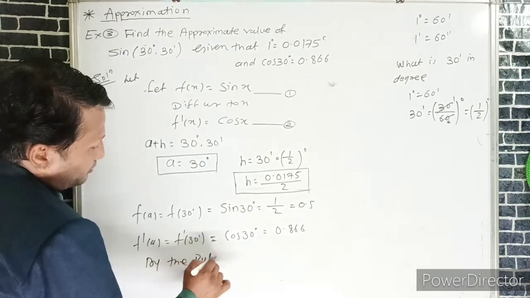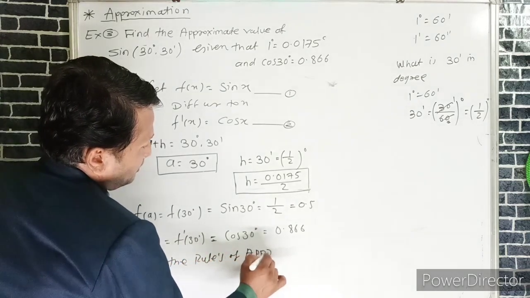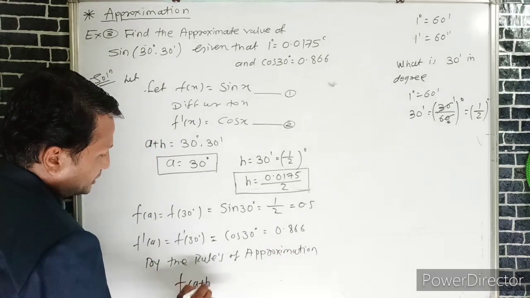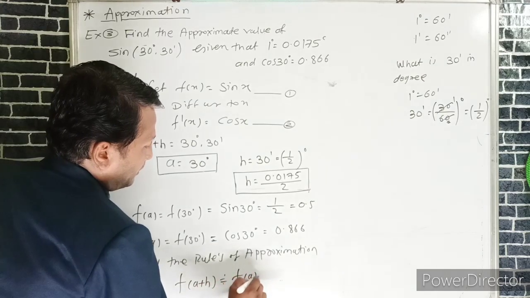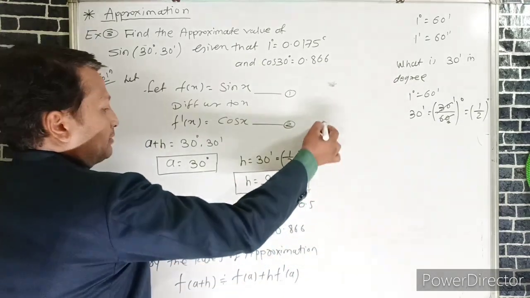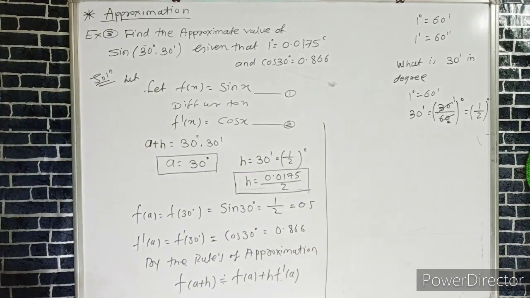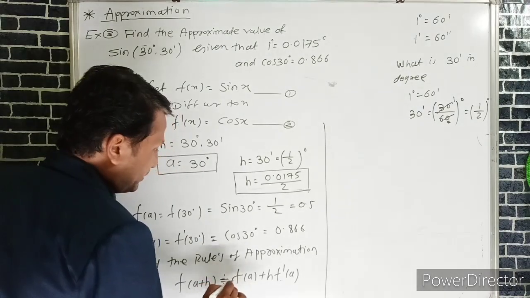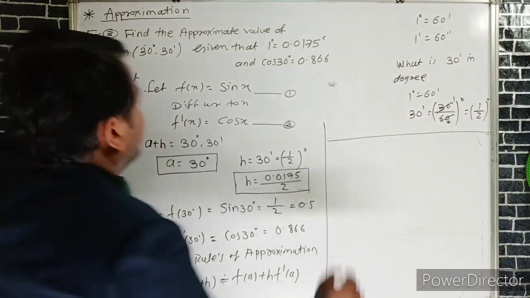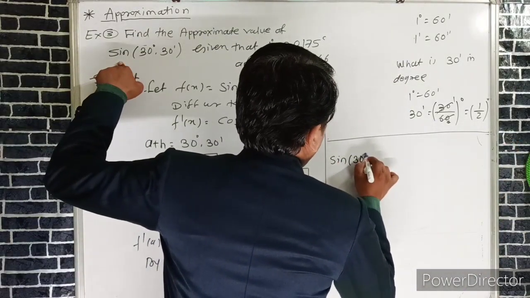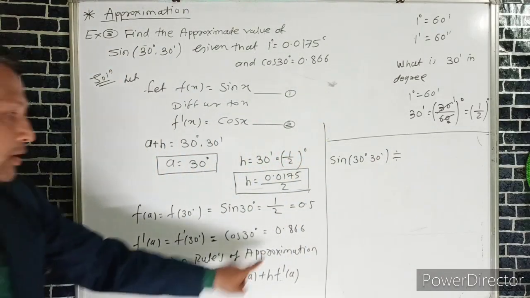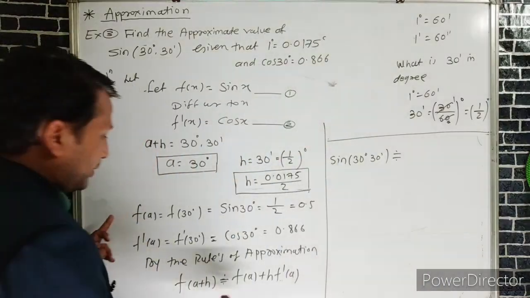By the rules of approximation, f of a plus h is approximately f of a plus h into f dash of a. So the whole value of f of a plus h, which is sin of 30 degrees 30 minutes, is approximately the value of f of a, which is 0.5,